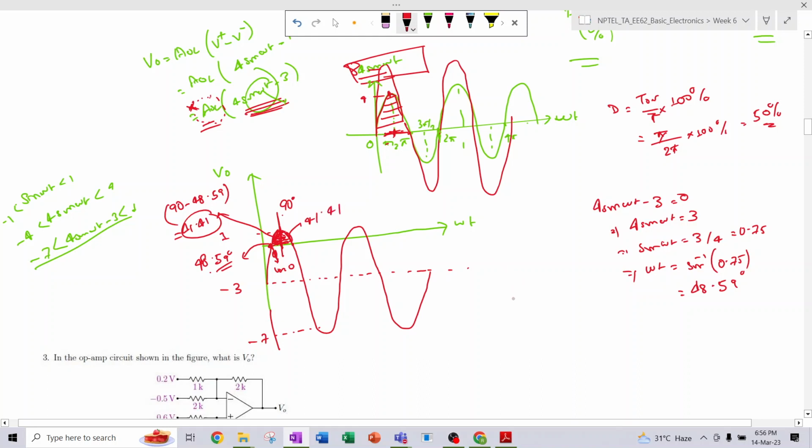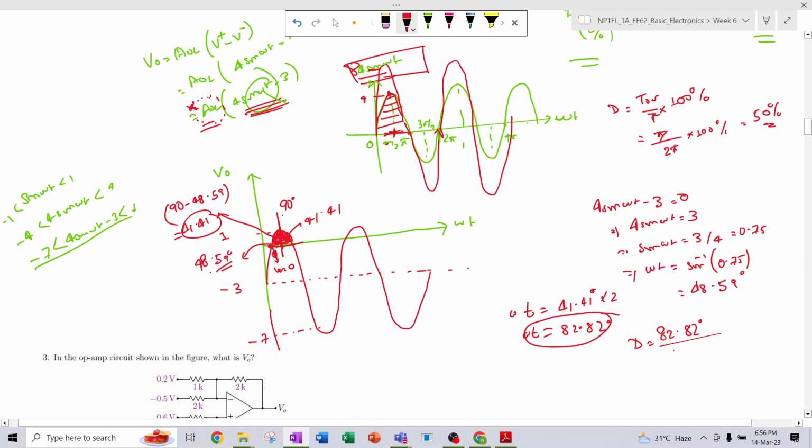So the entire time will be 41.41 into 2, that much degree, that means 82.82 degree. So for this much omega t, the signal is on, that means the signal is high, that is greater than 0, right? So the duty cycle D will be 82.82 degree divided by the whole time period, which is nothing but 2 pi,